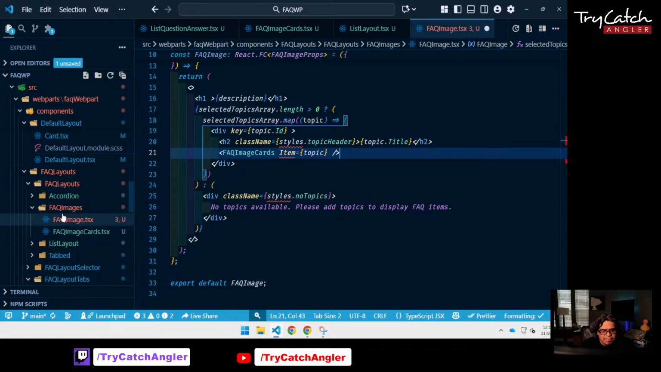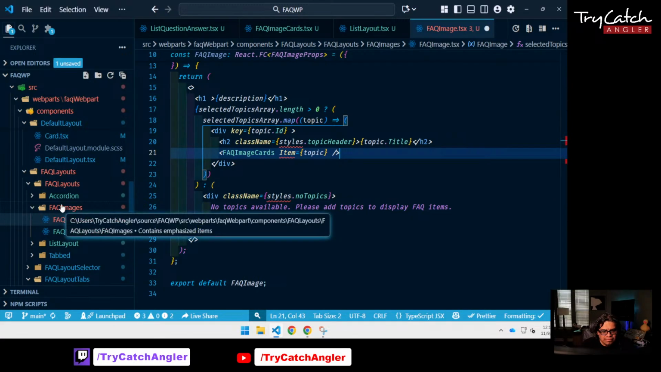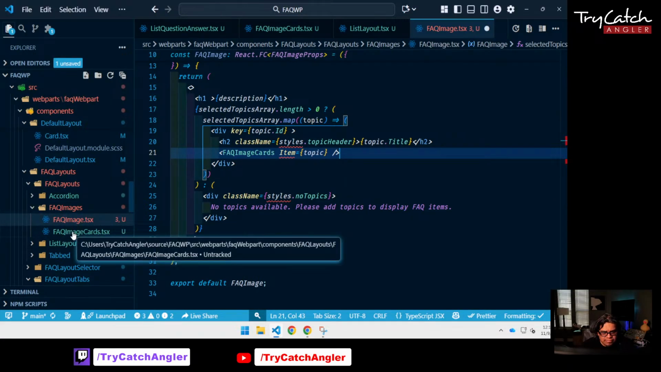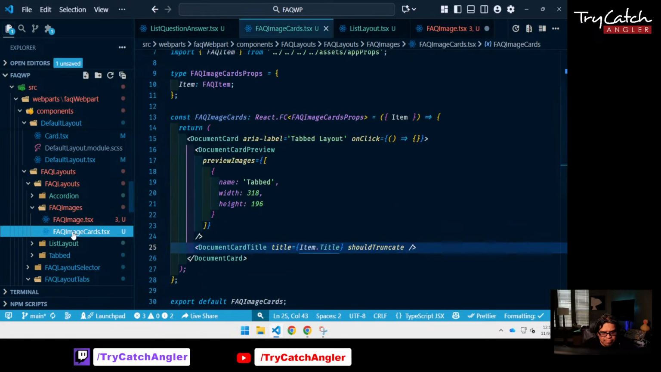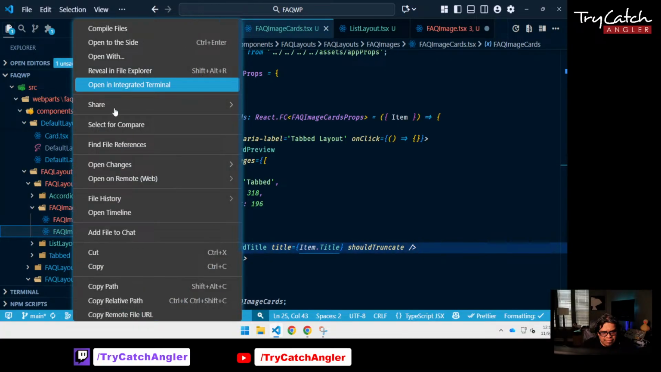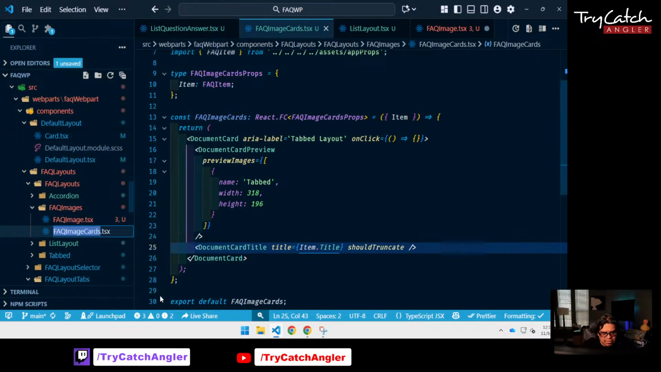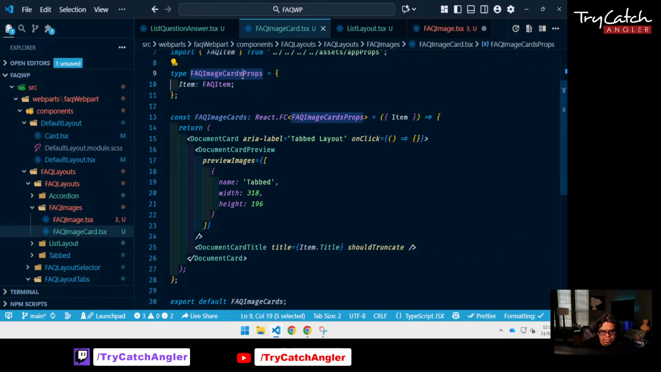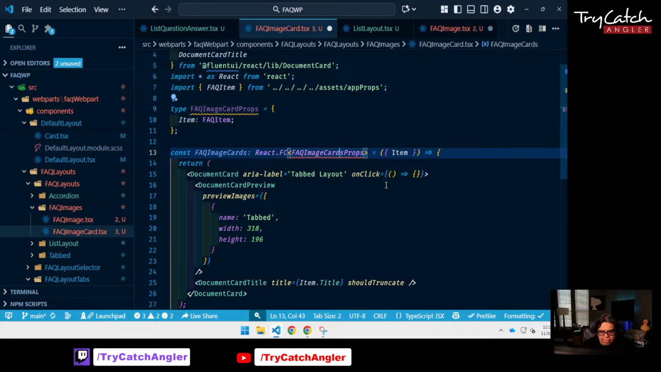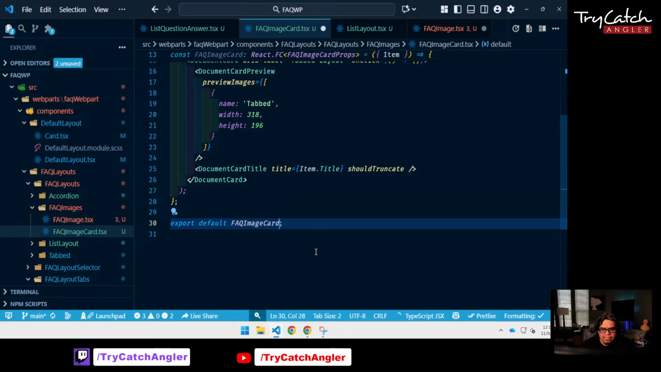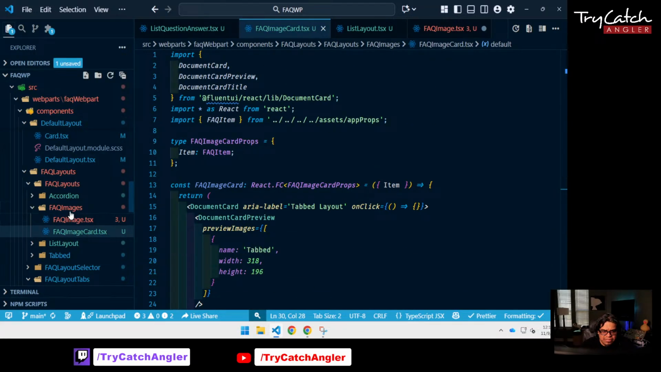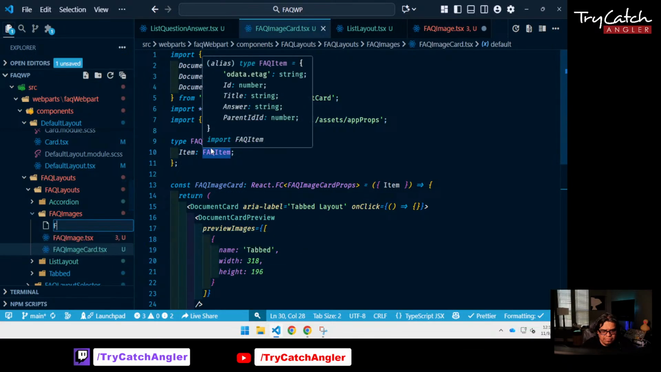So I need to create another component for the FAQ. This is going to be renamed. Let's rename this. This should be image card. Get rid of the S there, because this is a single card. FAQ image card, and then we need a new file. FAQ image